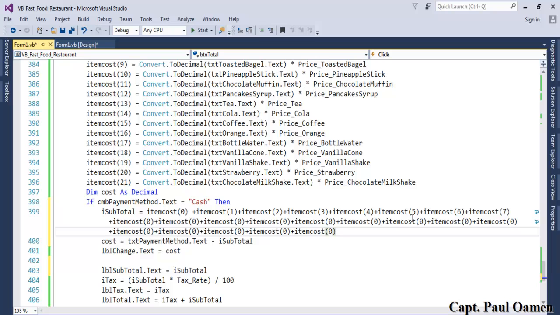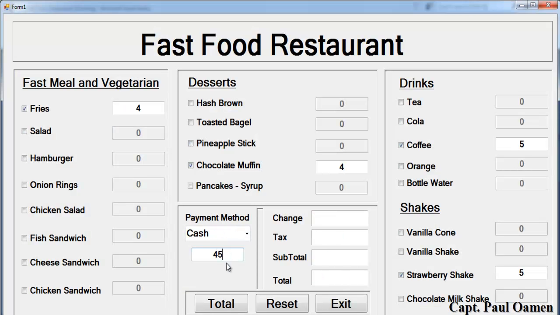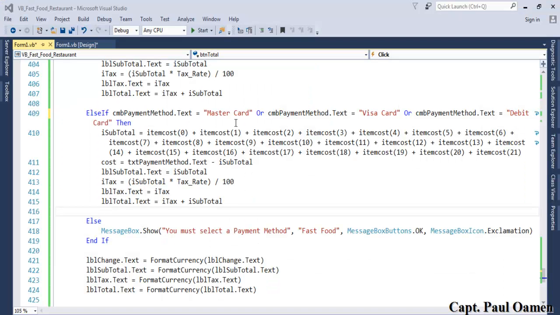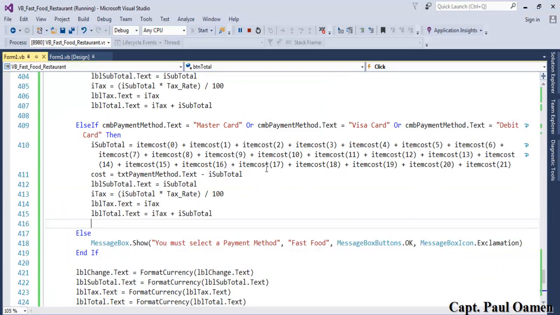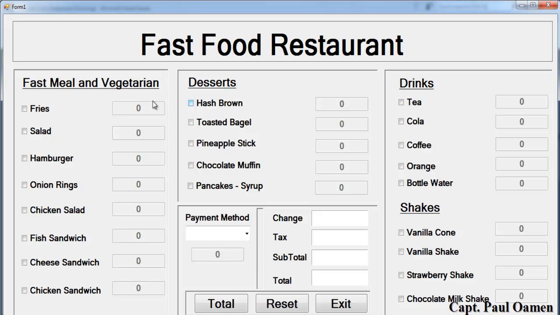Okay, that's about 21 of those, so this is 8, 9, 10. Let's speed that up. Let's run this thing. Let's give that a try. So we have